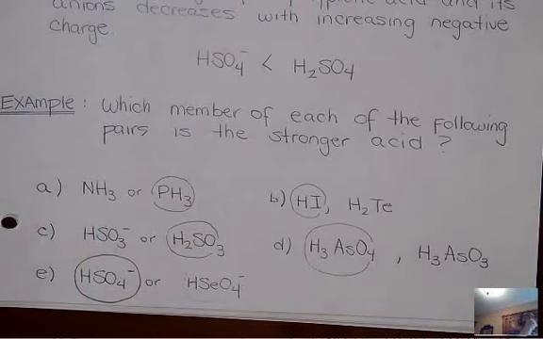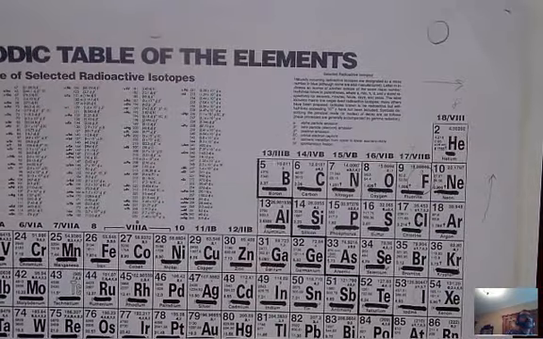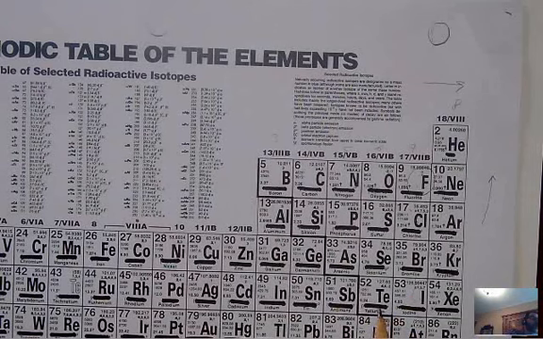B is also binary acids. So I have HI versus H2Te. Okay, so let's check out where I and Te are on the periodic table. This is tellurium and iodine. Okay, so what did we say? The more